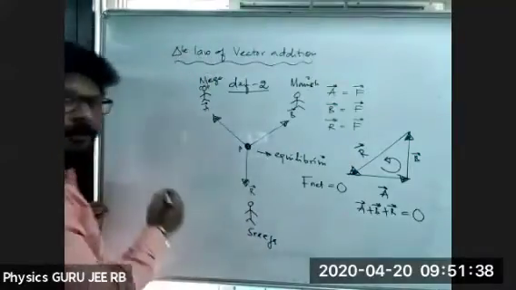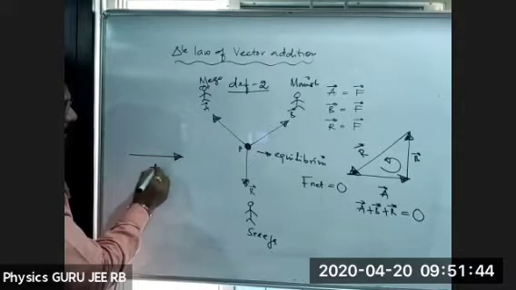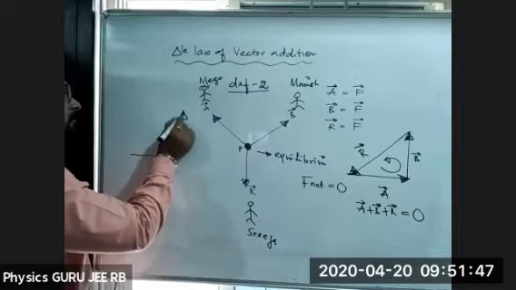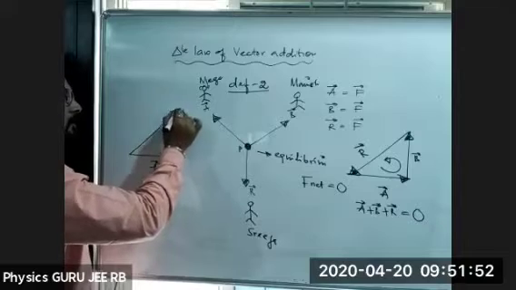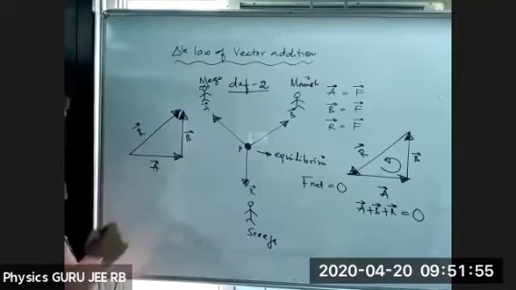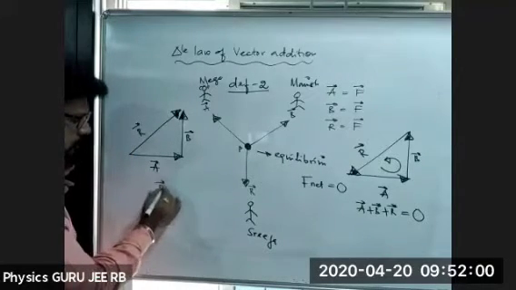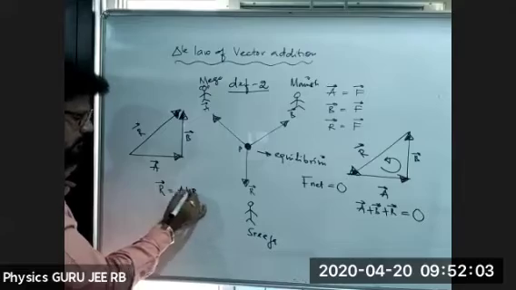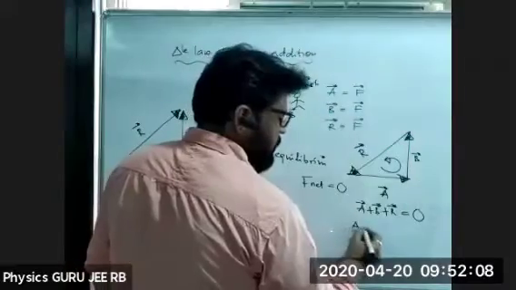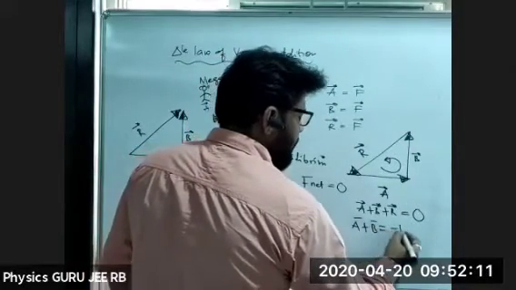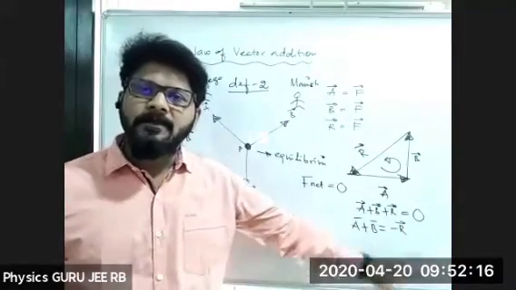The difference, if you see, if I take the first law, this is vector A. I am taking vector A first, after that I am taking vector B, then nothing but vector R, right? Vector R. So here I am getting R equal to A plus B. That is correct. R is equal to A plus B. Here, what comes, see: A plus B is equal to minus R. A plus B is equal to minus R.